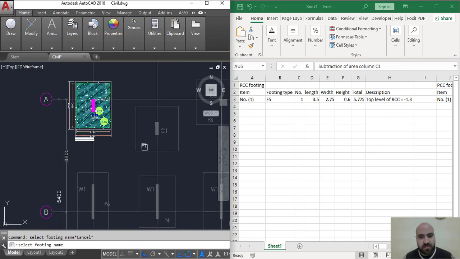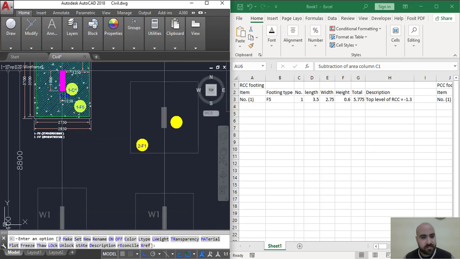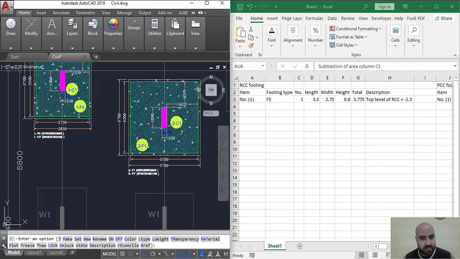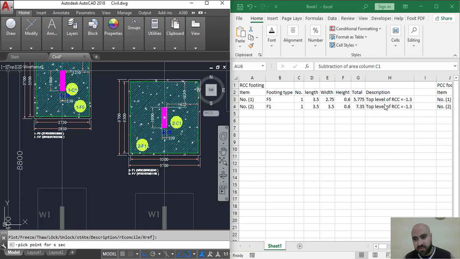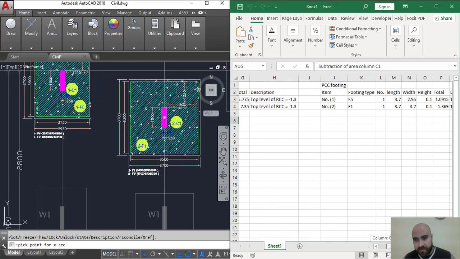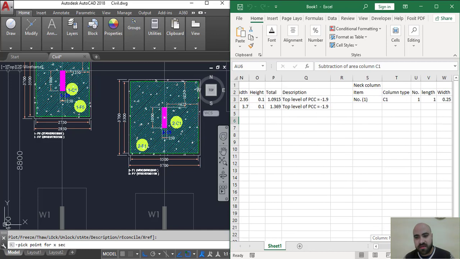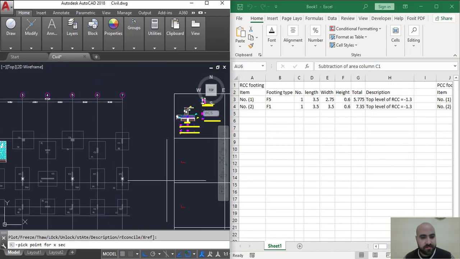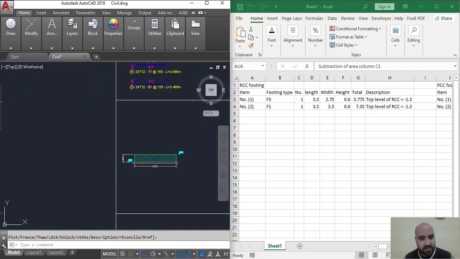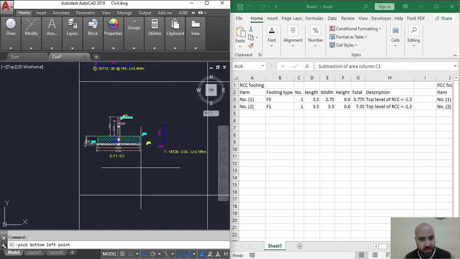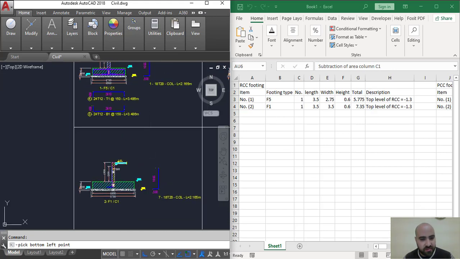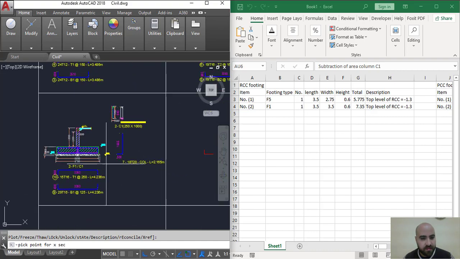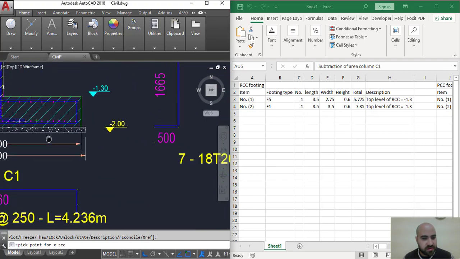If I type here the second one in the Y direction, as you see here, it's automatically put, and all the data, PCC footing and the column neck. When we go to the next one for the X section, here all of this data has been done automatically without any interference. In the long and short direction,